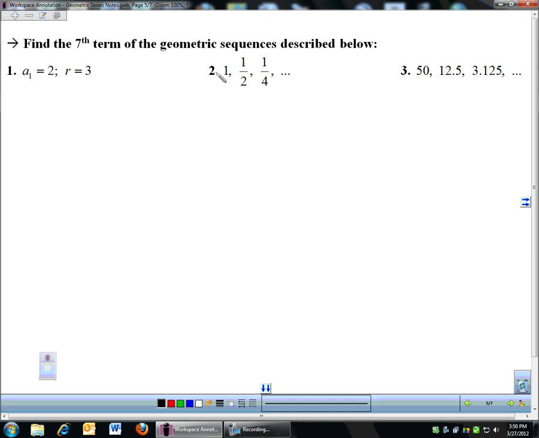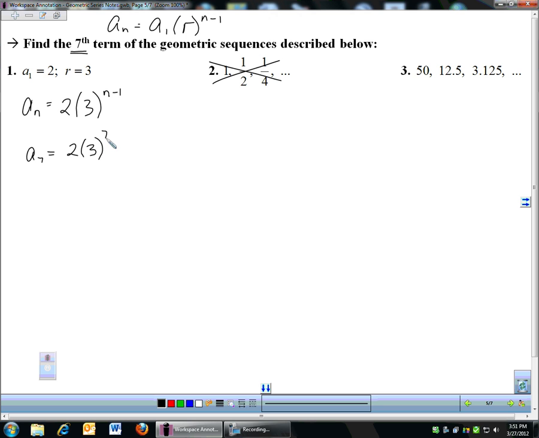Let's see, looking at this, let's skip number 2, and we'll do numbers 1 and 3. Here I'm wanting the 7th term, and to get the 7th term, I'm going to need to find the general formula, which again is the first term times ratio to the n-1. I'm going to do exactly what we just did on those last problems. To get my general term, it's my first term, which in the case of number 1 is 2, times my ratio to the n-1. And to find my 7th term, I'm simply going to plug in 7 for n. So my 7th term, it is 2 times 3 to the 7 minus 1. That's going to be 2 times 3 to the 6th power, and 3 to the 6th, I believe,